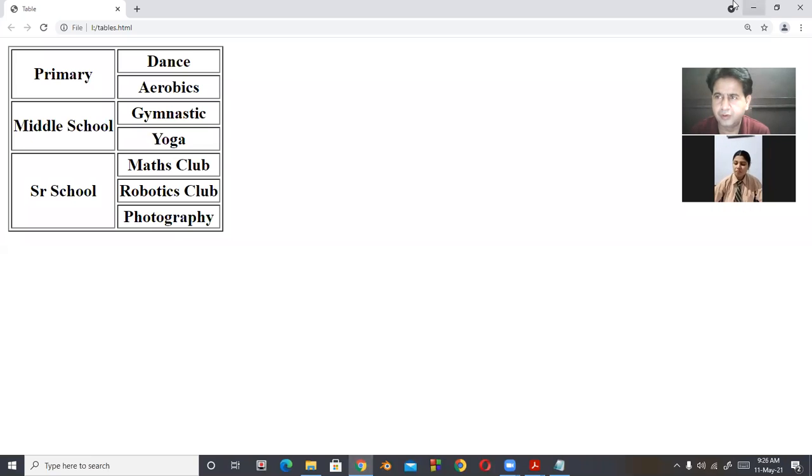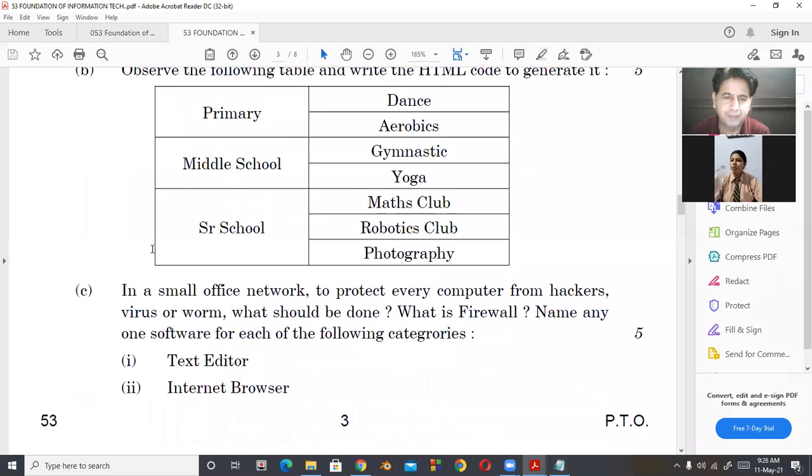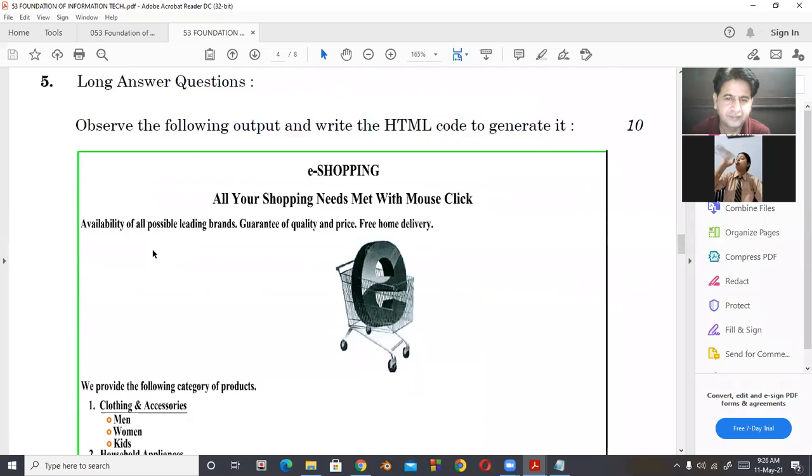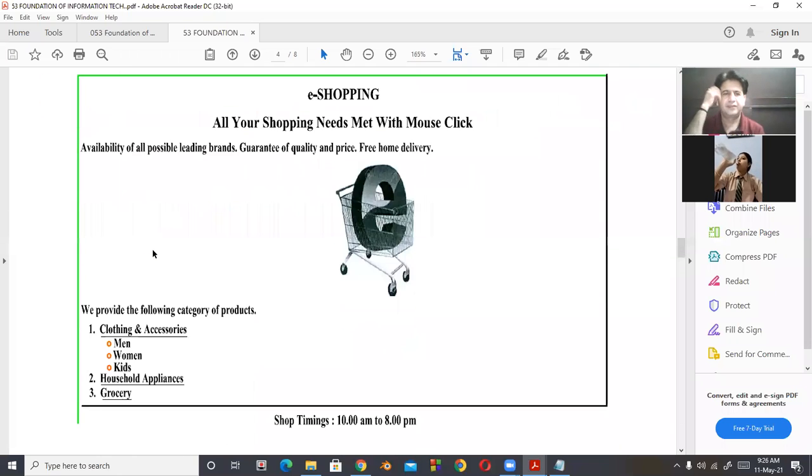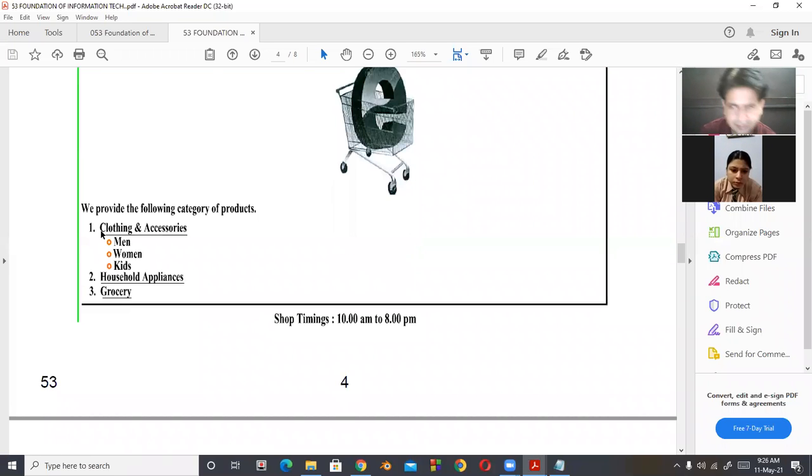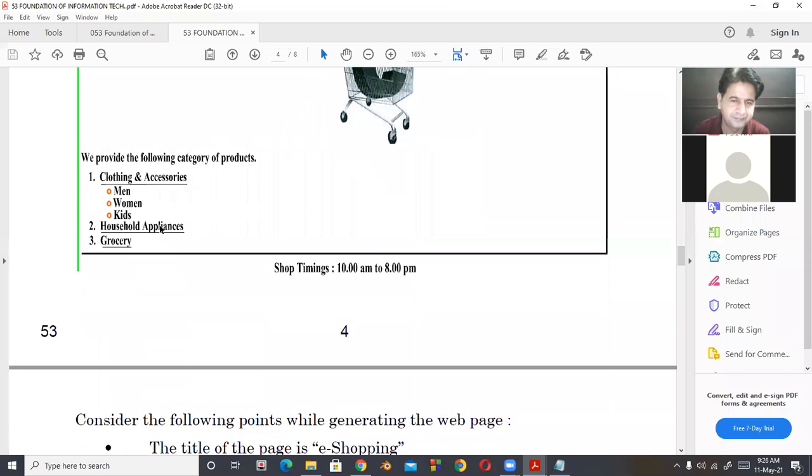Okay, now I'm going to create a web page. So look at here. In this web page, there are headings, images, lists, but in place of hyperlinks, I will apply only underline, because this portion you will have to learn, how to create hyperlinks.